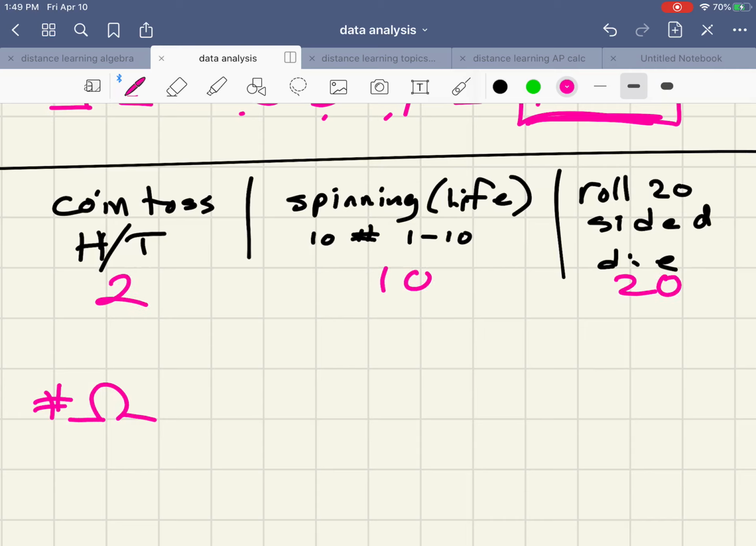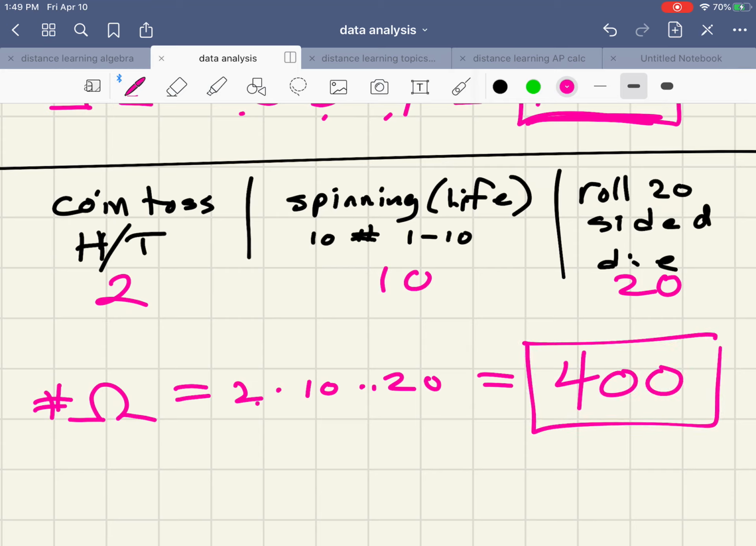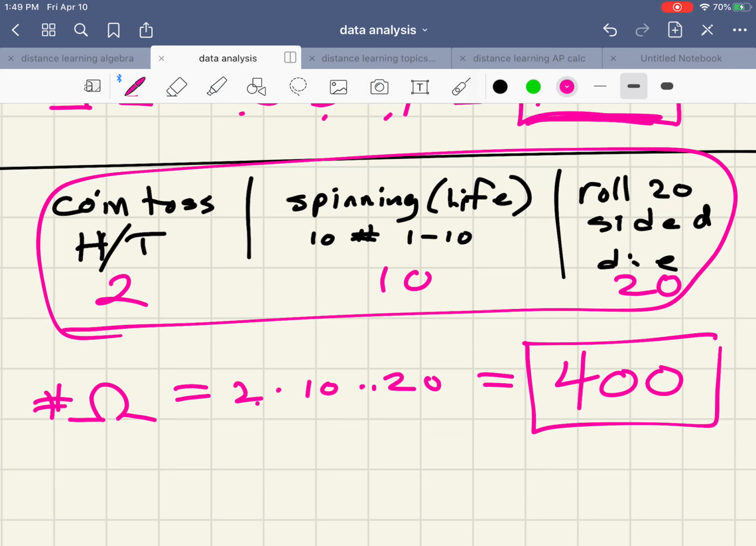So, fundamental counting principle. How many are in omega? Well, there's 2 here, there's 10 here, there's 20 there. If I multiply 2 by 10 by 20, 2 times 10 is 20, 20 times 20 is 400. So there's 400 different ways of doing all 3 of those things. You could do heads with a 1 and a 1. You could do heads with a 1 and a 2. Heads with a 1 and a 3. Heads with a 1 and a 4. And if you did the brute force method there, it would take you a great amount of time to gather all